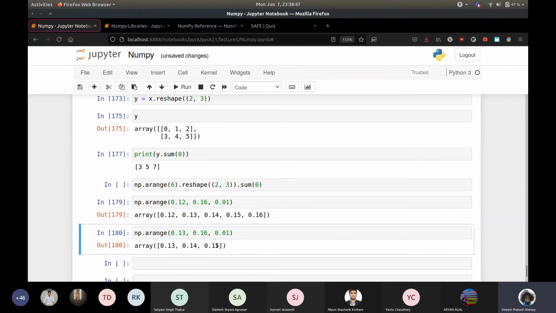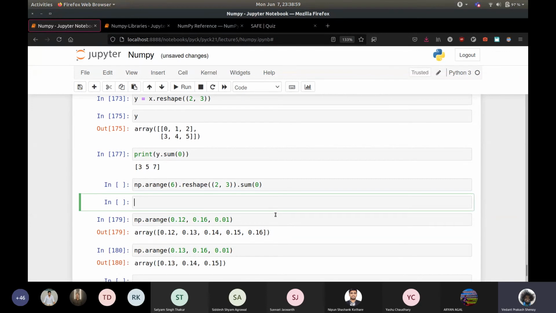Now it behaves just as you expect. I mean 0.13, 0.14, 0.15, and this has to do with numerical precision and errors that come up due to that. This was discussed in the fractions topic as well. So if you see it there, then great.